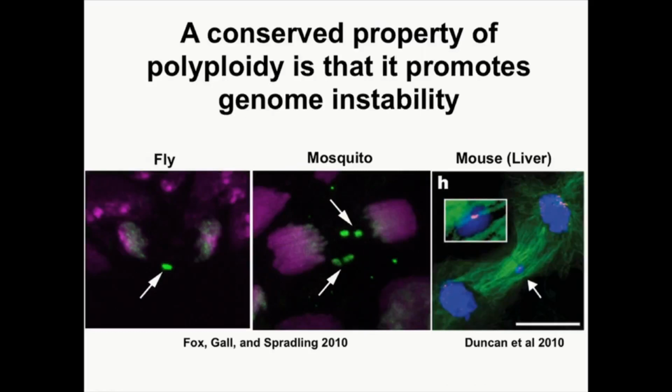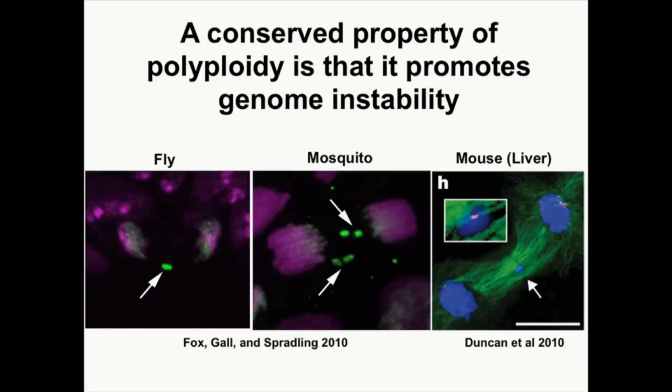As an offshoot of this, we've also appreciated something that others have seen from systems as diverse as budding yeast and in cancer cells, which is that any time that a cell seems to duplicate its genome and then tries to segregate its genome, a polyploid genome, during cell division, it doesn't do it very accurately. And so we found this to be the case in flies and in mosquito,